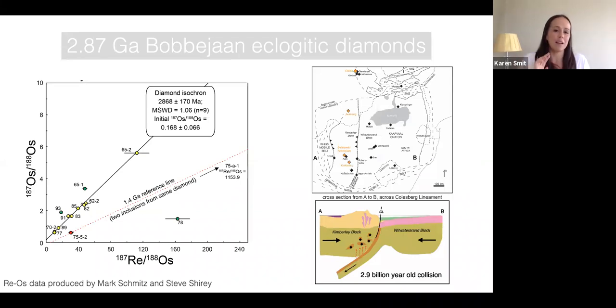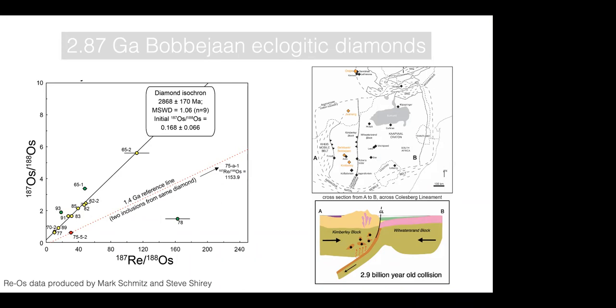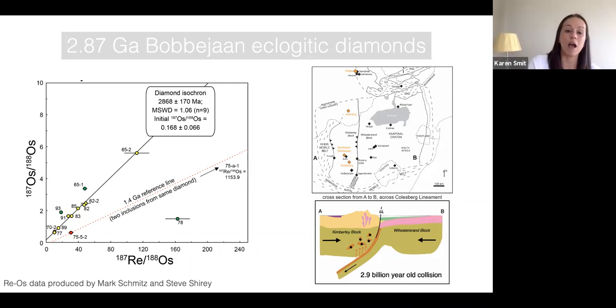So here's the age data from Bobbejaan. As I mentioned, they're eclogitic diamonds, all containing sulfides. There were 9 sulfides that were analyzed and gave an isochron age of around 2.9 billion years, or 2.87 billion years. This correlates really well with previous work that has been done in this region, showing